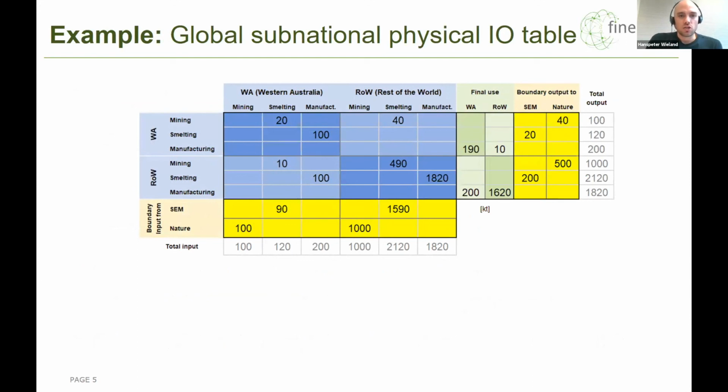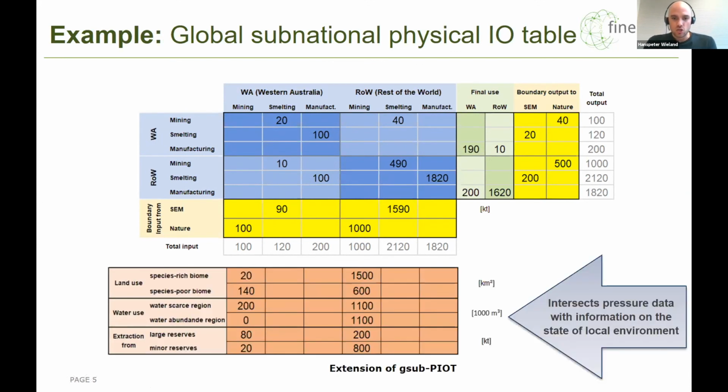Such a subnational global table means that we are having at least one region within this global table which refers to a subnational region. And here we have just chosen for this hypothetical case Western Australia, and the second region would be rest of the world. And in the second step, we are extending such a table with all these subnational information by intersecting all those